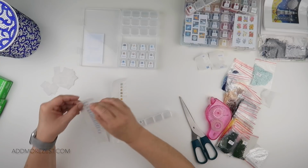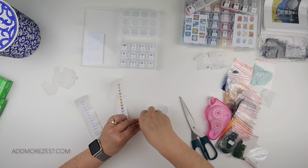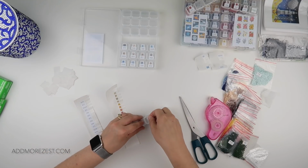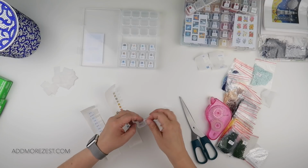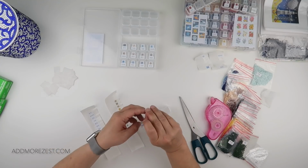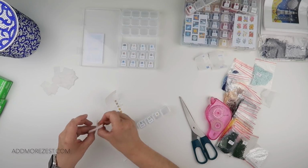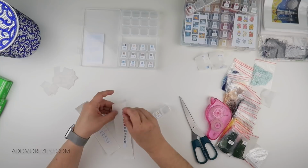Okay. I think we actually go down in alphabet order on this one. That'll be easier. So we have M, then N. And this is how all my other kits have been. Pretty sure all my other kits were in order, top to bottom. It must be something to do with the way it was designed. O,